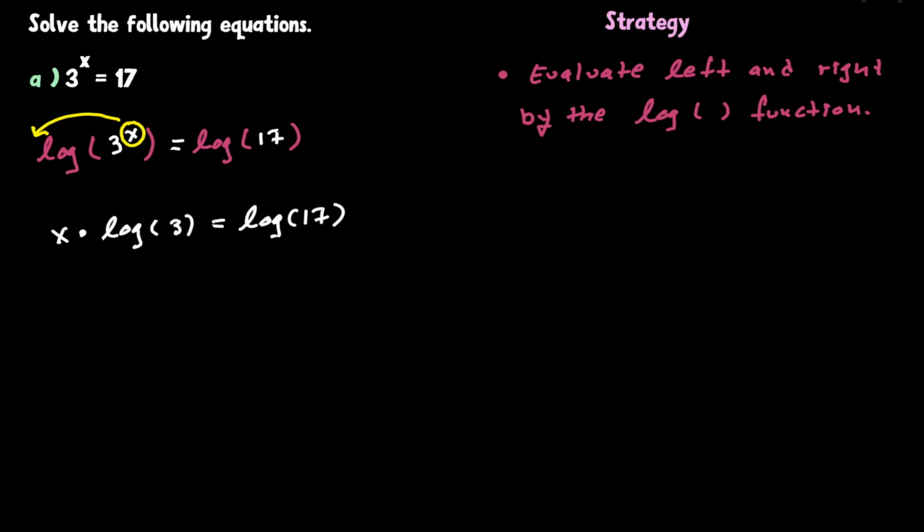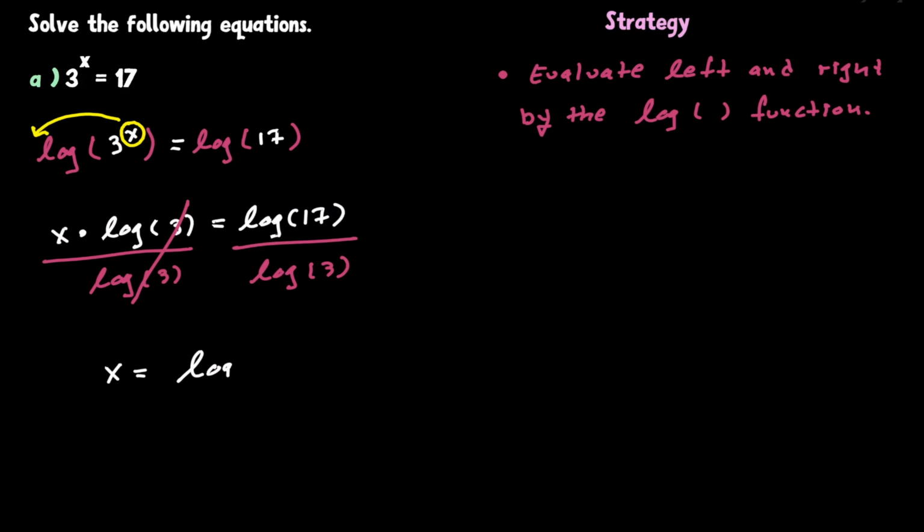And now the advantage is that the unknown that we were looking for has now been multiplied by some expression, log of 3. So if we want to get rid of that expression that has been multiplied, let's divide it on the left, and let's divide it on the right. And now we have an expression for x. X is equivalent to the log of 17, which is a number, divided by the log of 3,